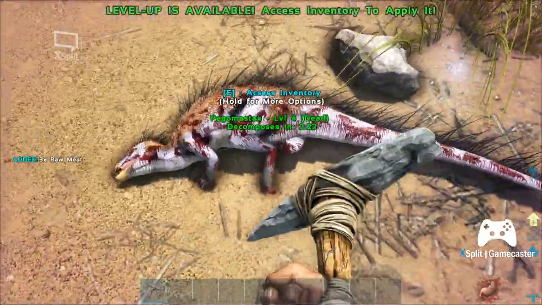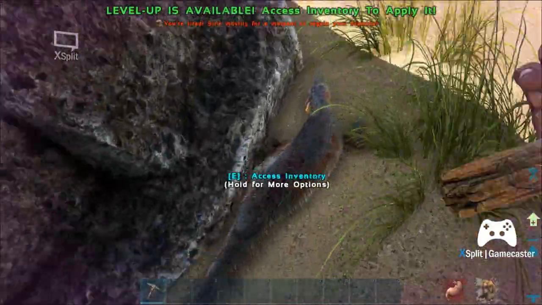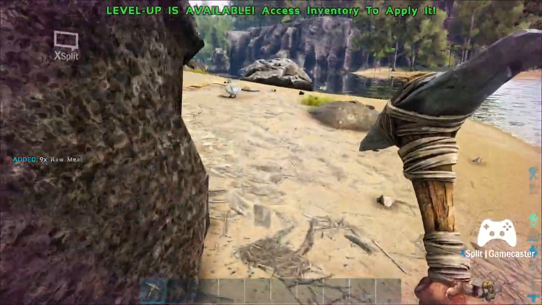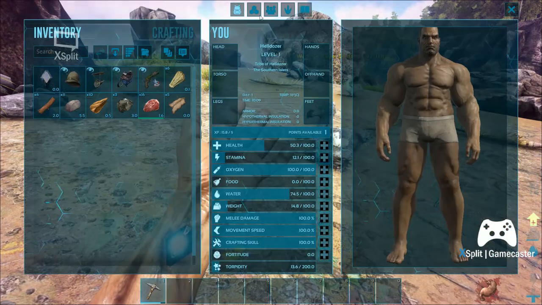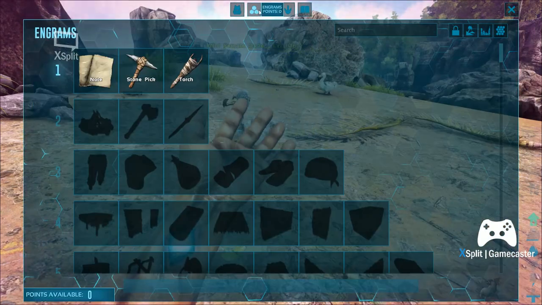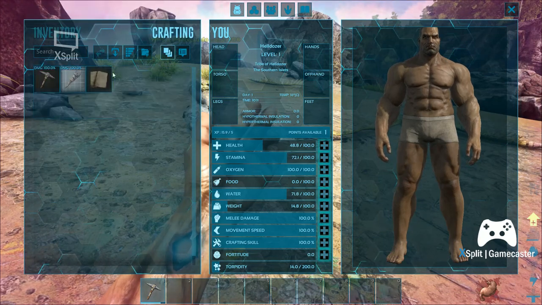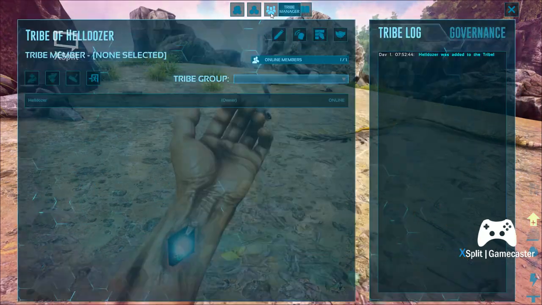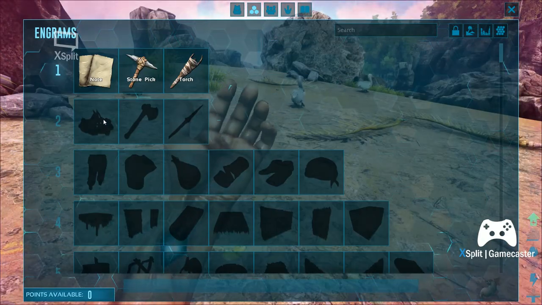Okay. We got 7 meat out of him. And a little bit more meat. Now, okay, we can make a torch. Can't really make a fire yet. If I can find it there. Yep, because that's right there. So,